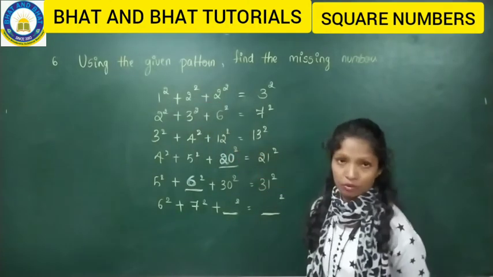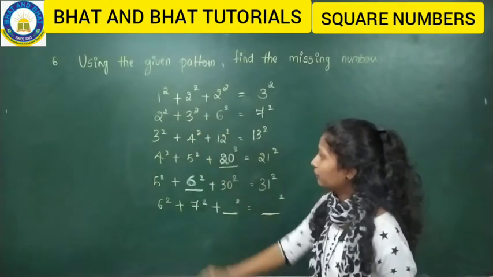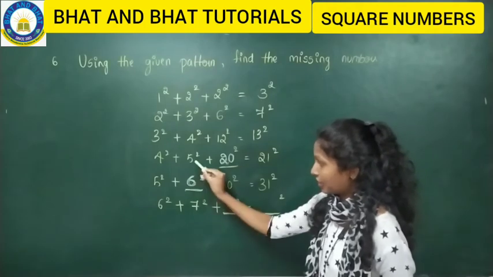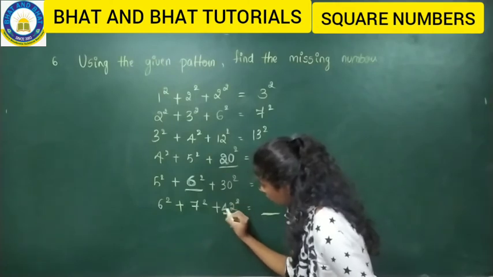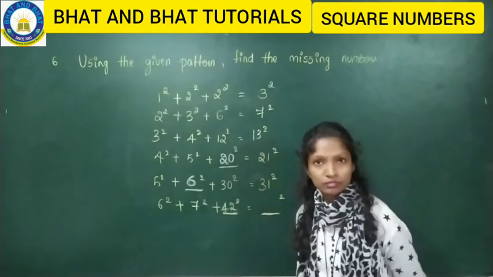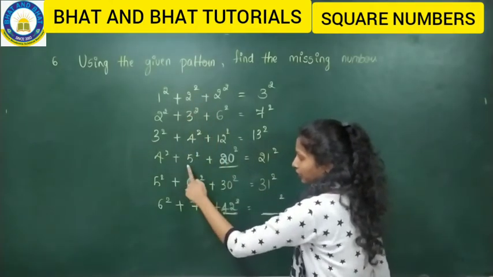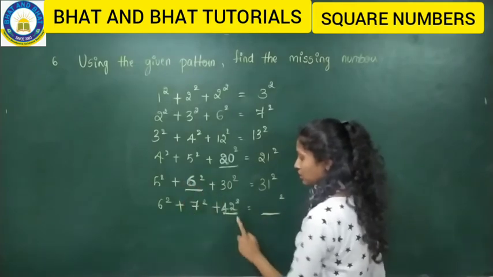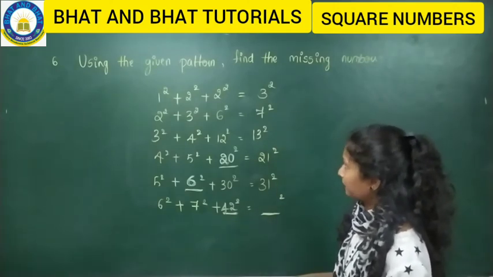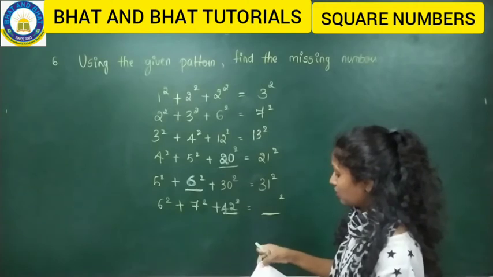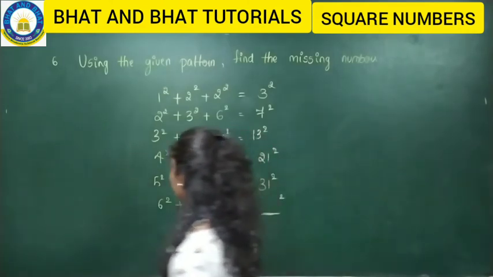So 2 as it is you are going to take. 2 threes are 6, 3 fours are 12, 5 fours are 20, 5 6s are 30, 7 6s are 42. Got this? See here, 2 threes are 6, 3 fours are 12, 5 fours are 20, 5 6s are 30, 7 6s are 42. So ma'am, you got this one, what about this one then? You might ask. So for that also you can use that logic. Ma'am, what kind of logic? I'll just let you know. You can copy down this till then. Come on, copy down this fast.